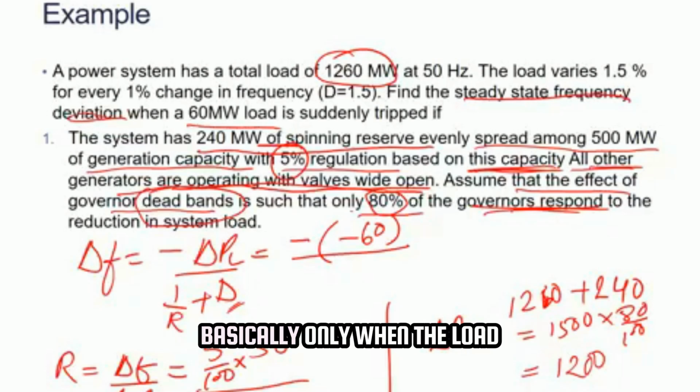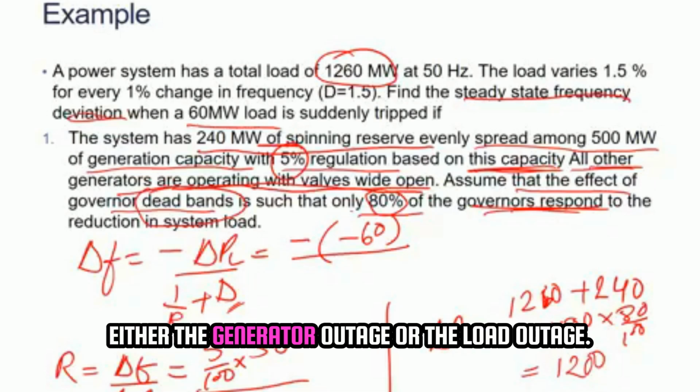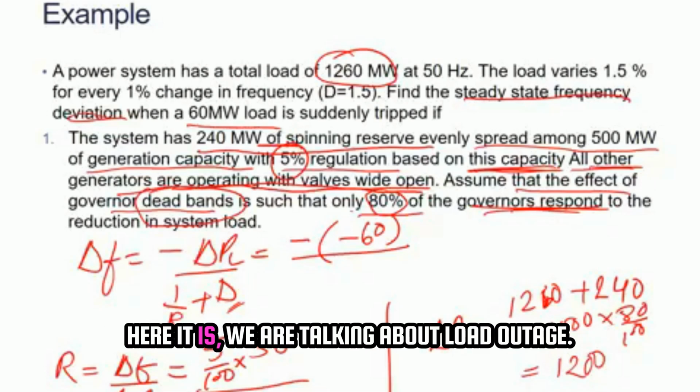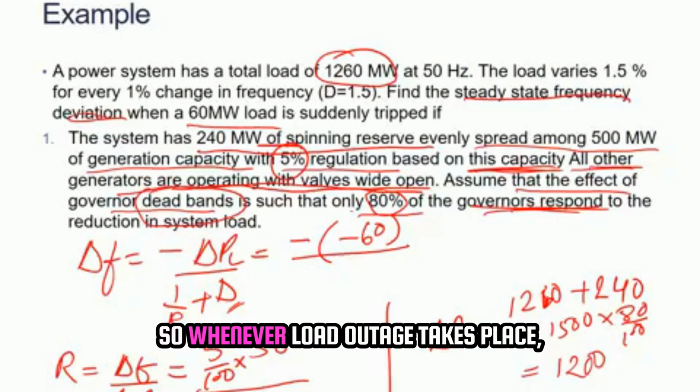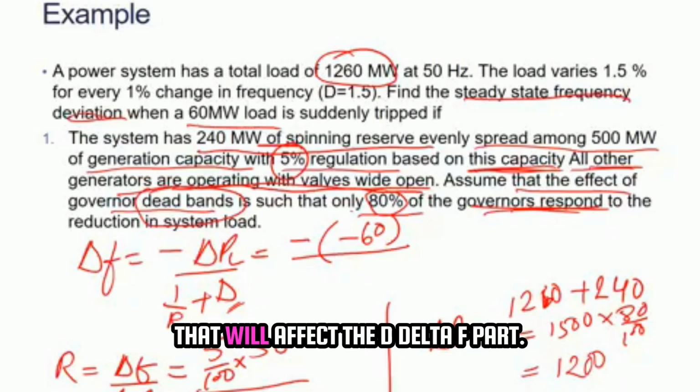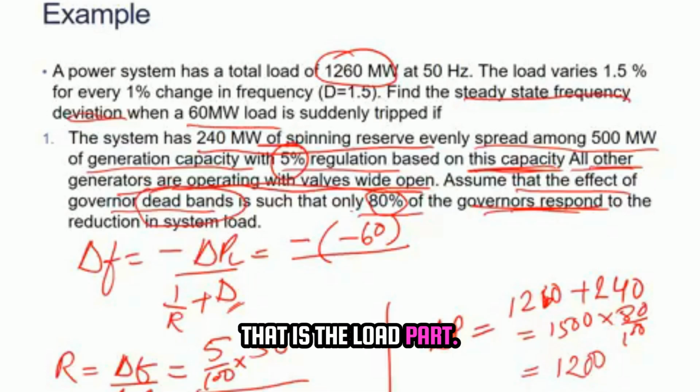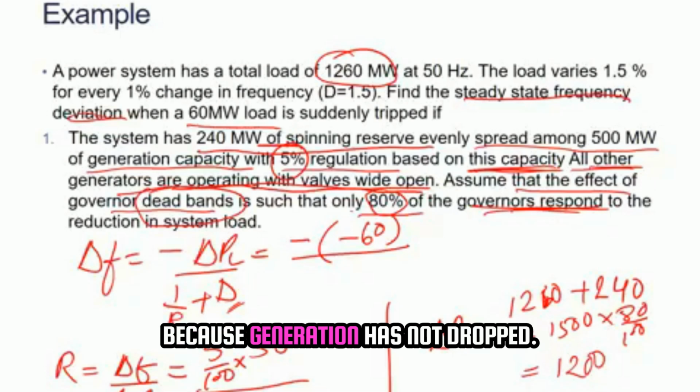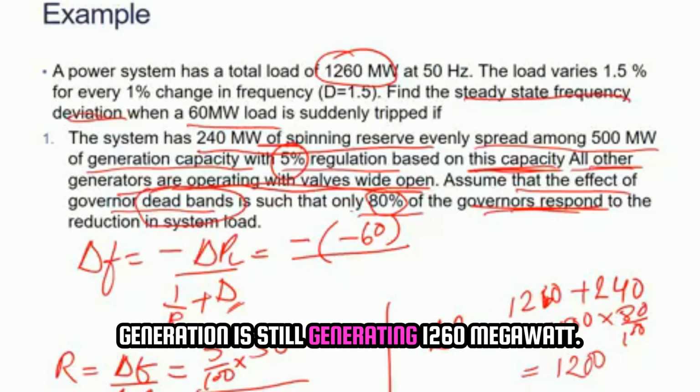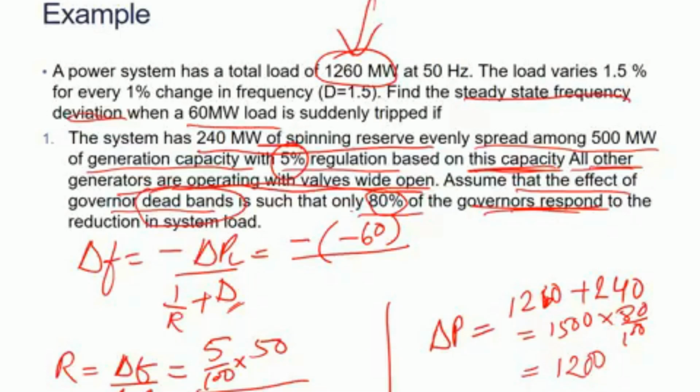inform. Basically, only when the generator outage has taken place. There can be two outages, either the generator outage or the load outage. Here we are talking about load outage. So whenever load outage takes place, that will affect the D delta F part, that is the load part, because generation has not dropped. Generation is still generating 1260 megawatt,